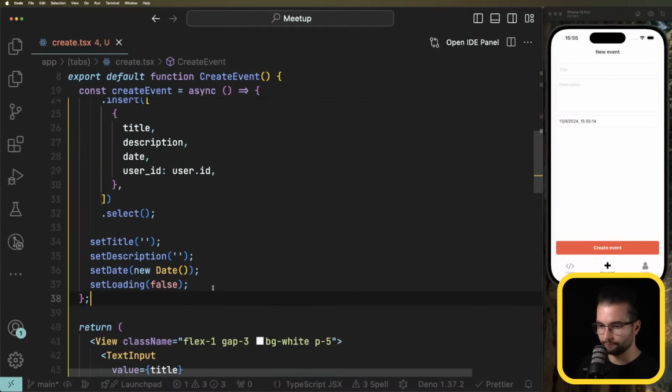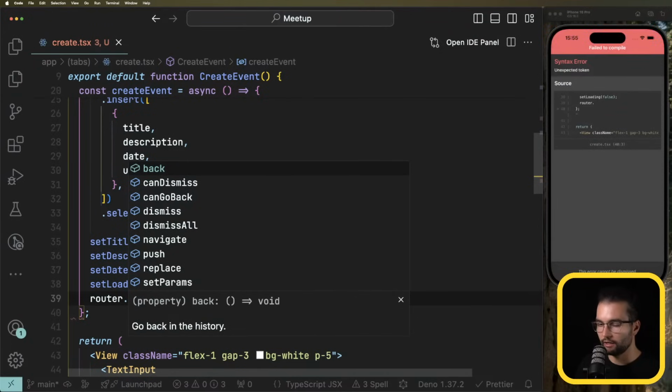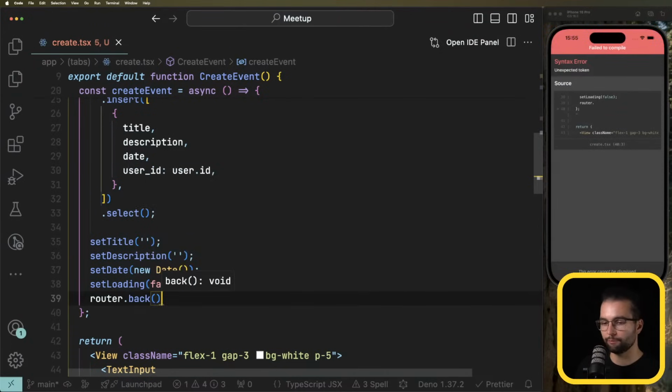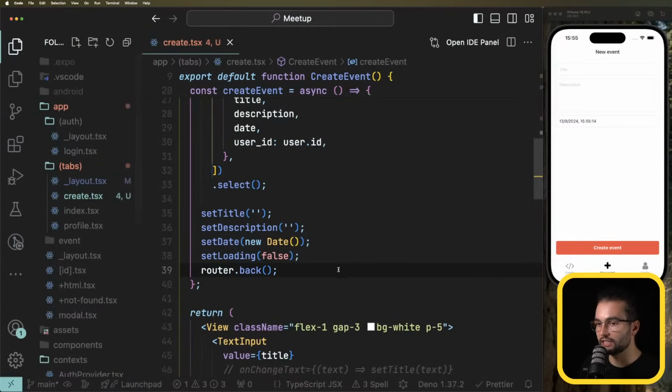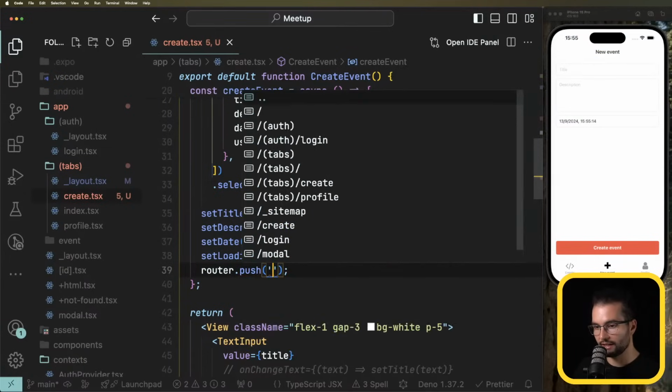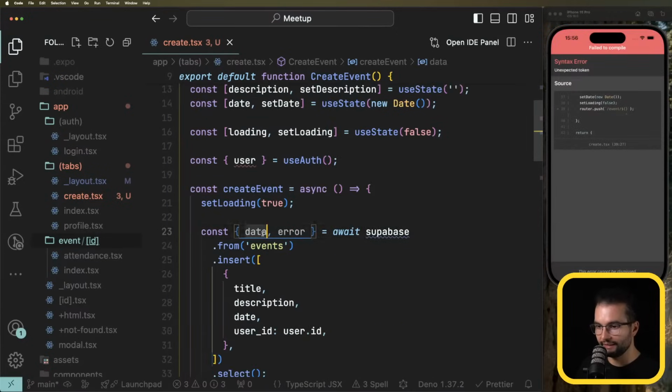But first we need the router. Router from Expo Router dot either back, yeah, probably back. Or maybe we should navigate to the details page of that event. So I can do push. We're gonna push to the /event, then we need the ID, so I'm gonna select here a template string to add here the data